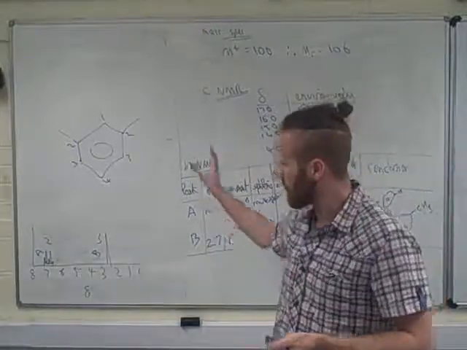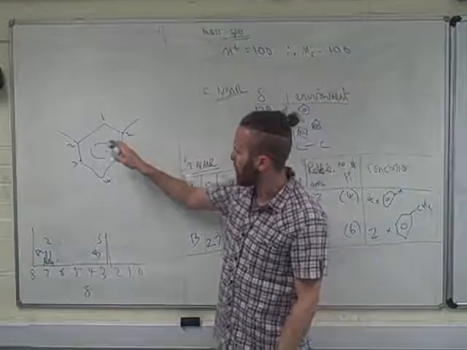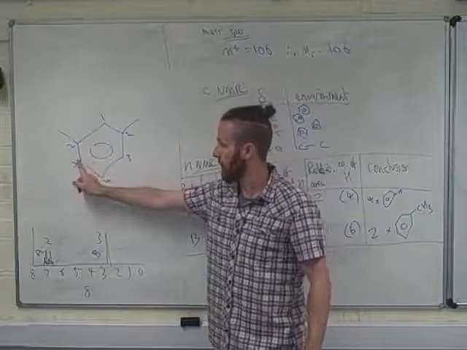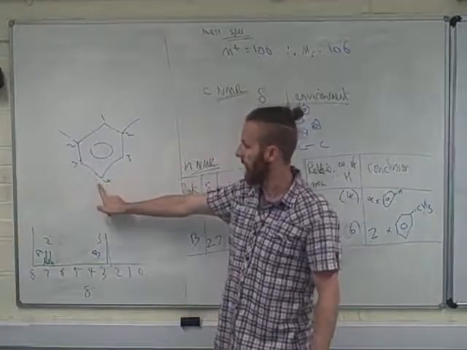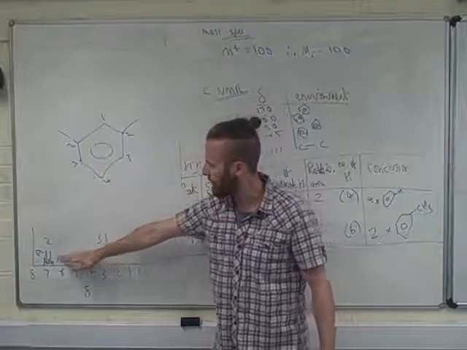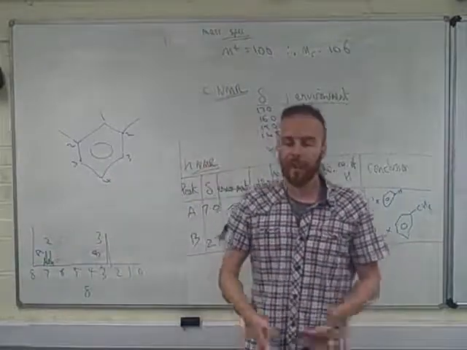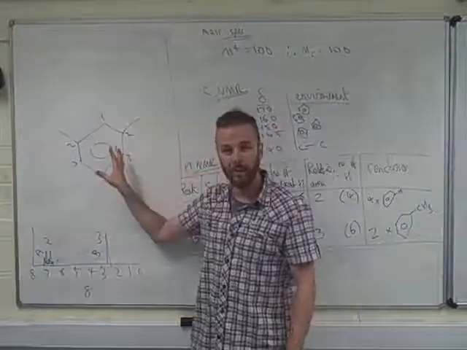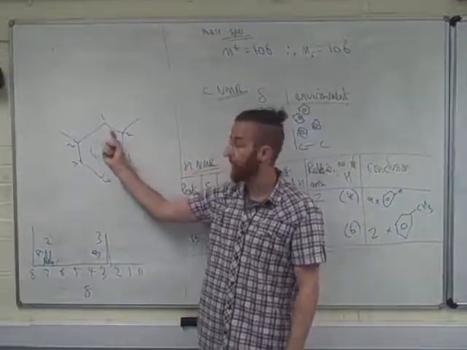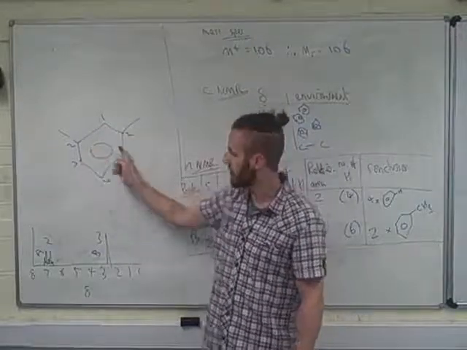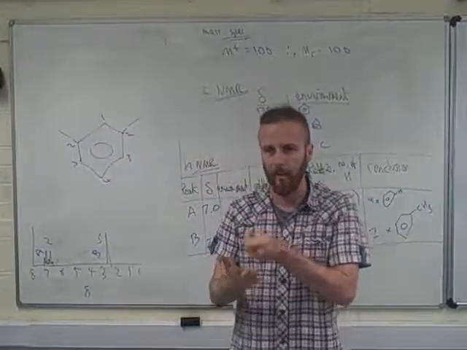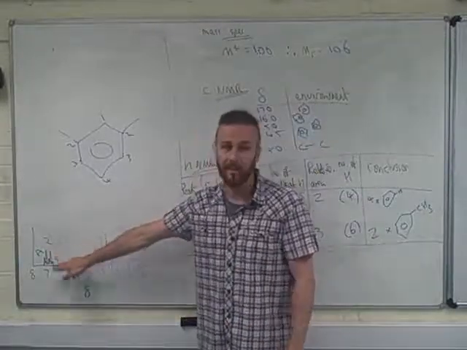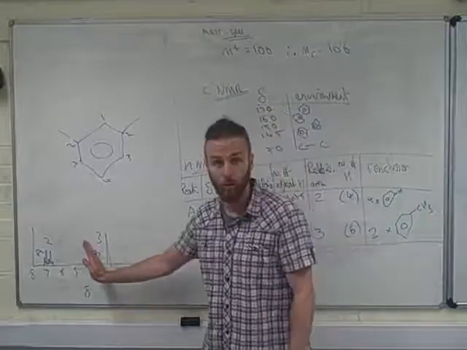Now, just to go back to this graph a second, you might be thinking, well, surely the hydrogen here will be a singlet. And then these hydrogens, well, this one, environment 3, will be a doublet, and then 4 will be a triplet. So shouldn't we have 3 different peaks there? And in reality, yeah, that can happen. You can get different peaks. But with benzene rings, and it's partly to do with the fact they have that delocalized pi system, so they're sharing their electrons, they're linked in a way which most things aren't linked. What that does is it means their peaks tend to be really close to each other, their chemical shifts,